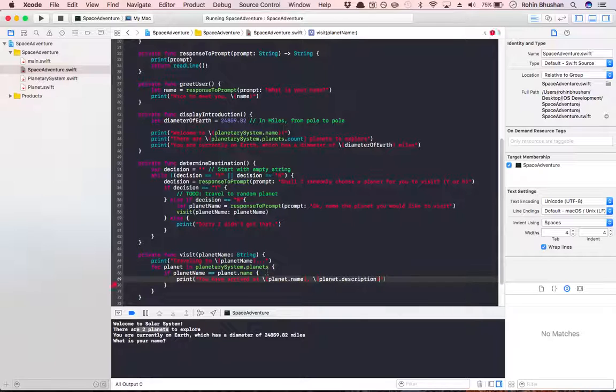So we're going to print out that you have arrived at planet name, and then we want to print out the description too. And then if we run this,